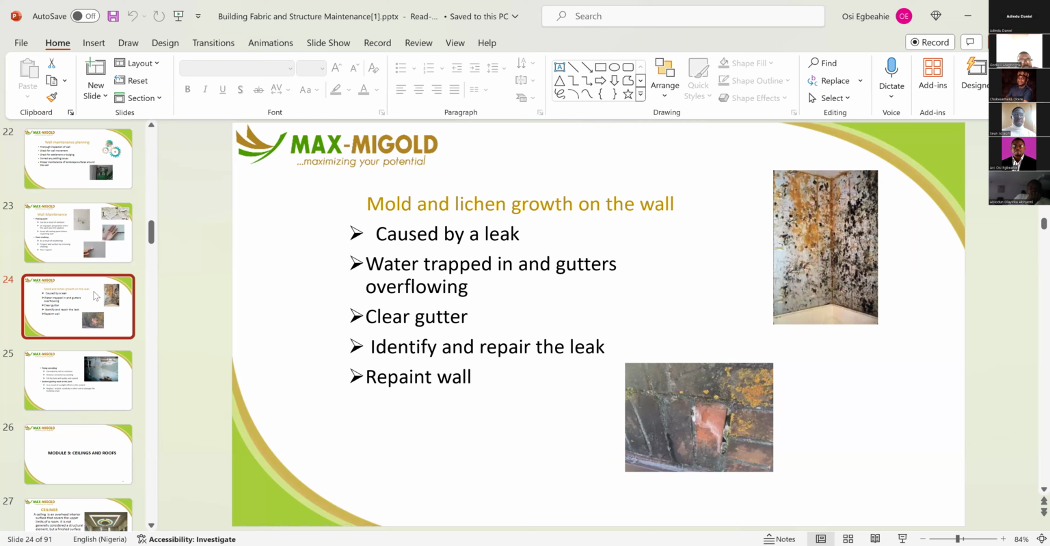Sometimes it's because of roof gutters. When they are blocked, the water is not going through the rainwater downpipes. After a while, the water begins to soak through the wall, and it causes the moisture and the mold that you begin to see on the wall. Once you clear the gutters and it flows very well, the wall normally dries out, and then you can paint and